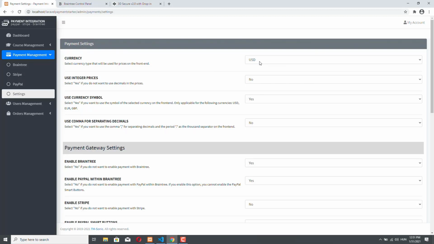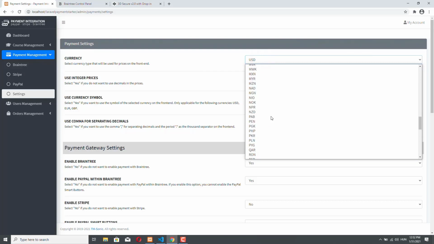If you don't set the same currency, then on the front end you will see, for example, USD, but if your merchant account is in euros, then the customer will actually be charged in euros. So you have to be careful that your Braintree merchant account is in harmony with the currency that you choose here. As you can see, there are a lot of currencies that you can choose, but let's stick with USD